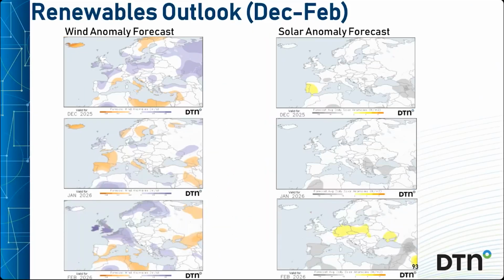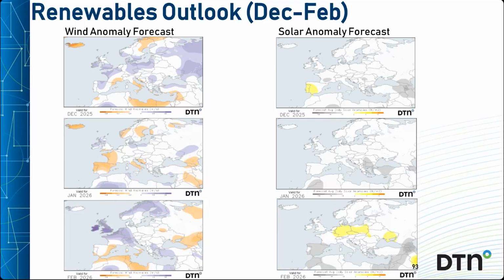For renewables, western and central, north central Europe are most likely to have above average winds in December, along with parts of northeast Europe and southern Scandinavia. But January looks calmer in Western Europe, and Italy looks below average in both December and January. Stronger winds become more probable across northwest, central, and parts of Western Europe, also western and northern regions of Scandinavia.